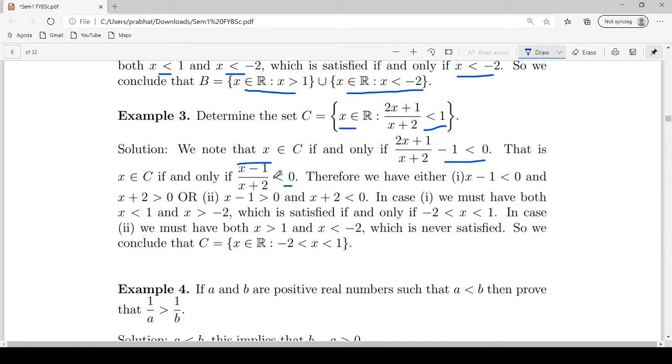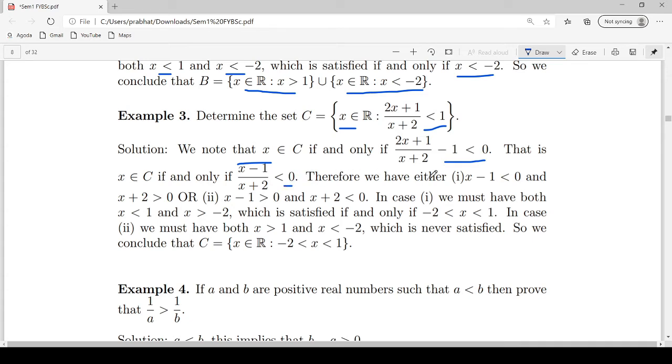And we know if x plus 2 is positive, then 1 upon x plus 2 is also positive. And similarly, if x plus 2 is negative, then 1 upon x plus 2 is also negative. So we can say x plus 2 is positive if and only if 1 upon x plus 2 is positive. Since the product of x minus 1 and 1 upon x plus 2 is less than 0,